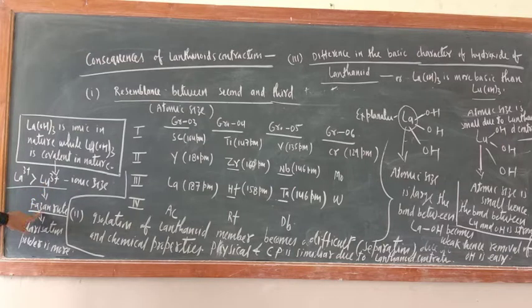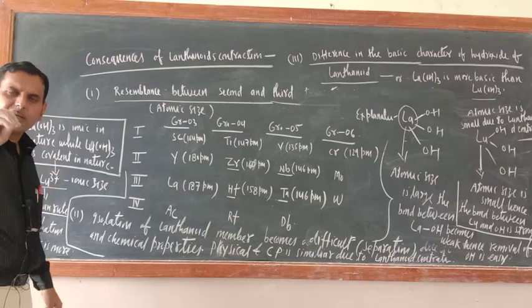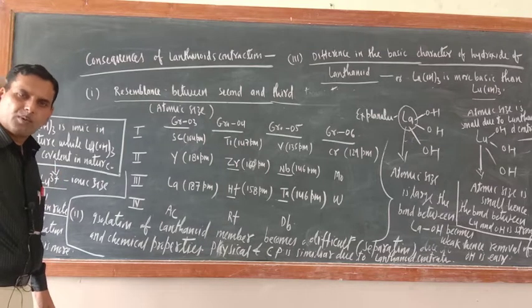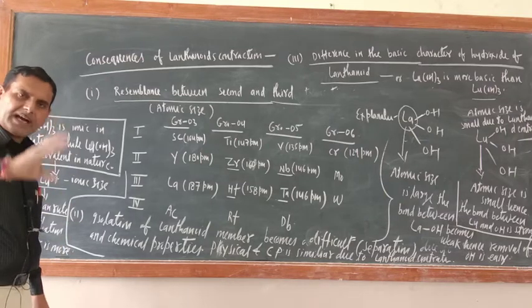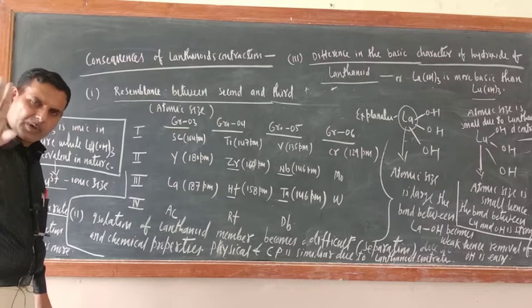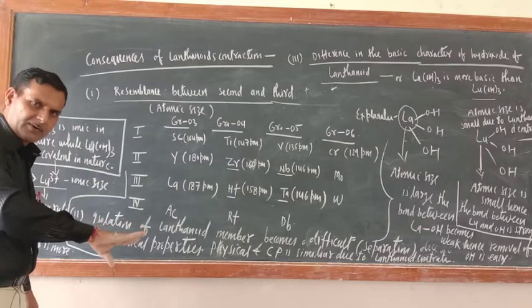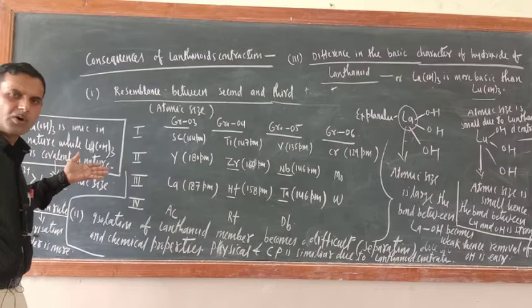Since Lu3+ is small in size, according to Fajan's rule, its polarization power will be more. So the greater the polarization power, the greater the covalent character. I have already explained the meaning of polarization power: distorting the electron cloud of an ion and forcing it to share electrons with itself. A cation will distort the electron cloud of the anion and force the anion to share electrons with the cation. This is known as polarizing power. So due to the small size of lutetium, its polarization power will be more, hence it will have more covalent character.